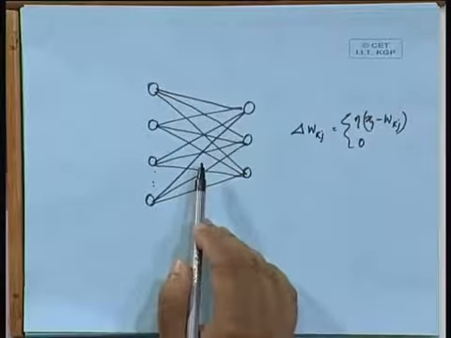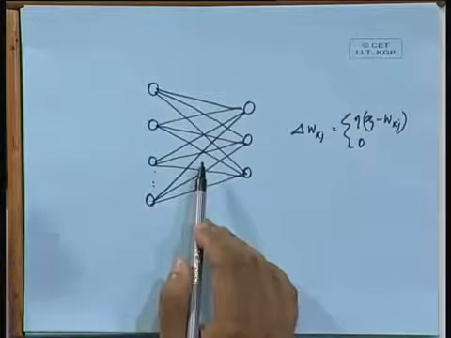Now, if it gets aligned to that, what does that mean? That means that next time you repeat the same pattern, the weights are already aligned for that, and it is not a matter of chance, it is inevitably going to happen that if it was the winner in the earlier step, then when the pattern is presented the next time, the same output unit is definitely going to be the winner. In fact, it will be the winner in a stronger sense. Why? Because the weights have already been aligned.